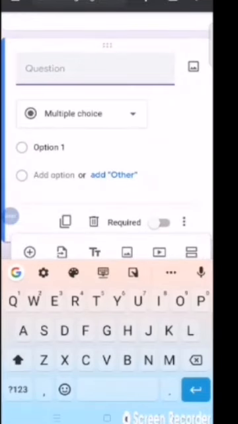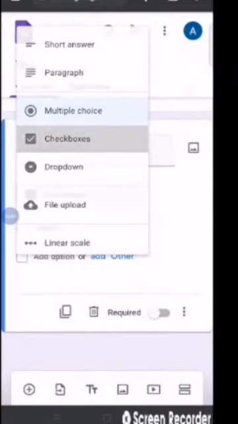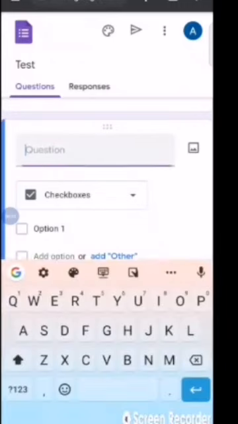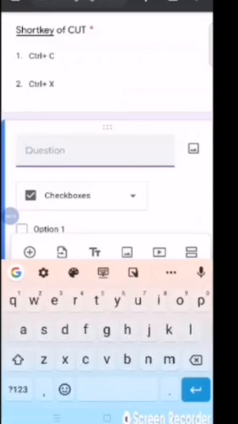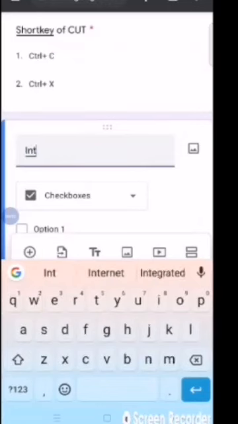First here I am choosing which format you want to do. I want check boxes. Check boxes means you can choose all the options which are given in the list. Like I am clicking here. Like I am writing memory, internal memory.